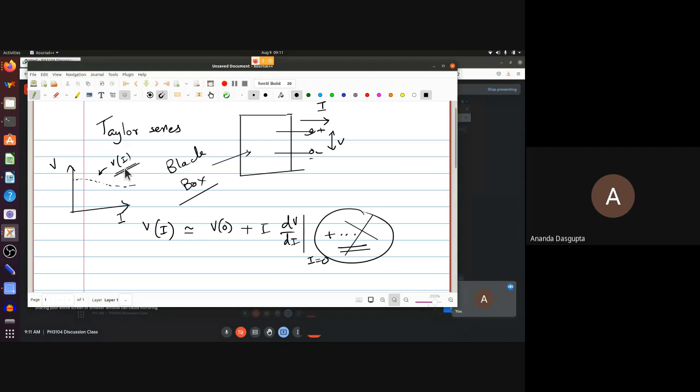Okay? So that kind of thing is actually called a characteristic curve. Why? So if you measure V versus I and draw the curve, you know exactly what voltage is going to come out at what current. However, as you will see very often in this course, dealing with the complete characteristic curve